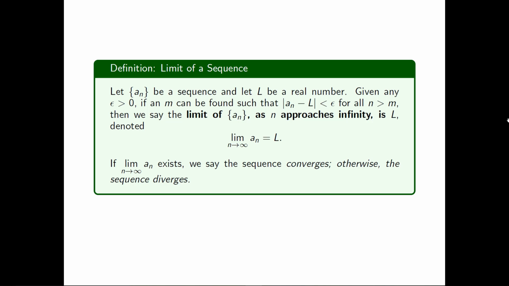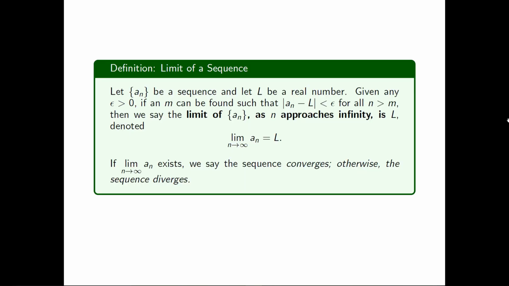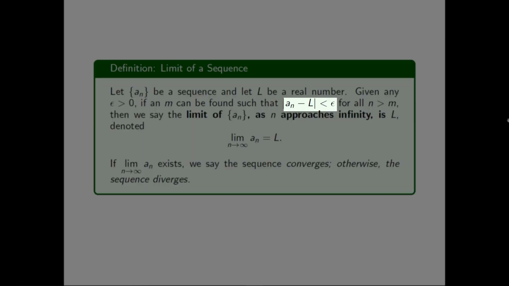Okay, so here's our very formal definition of the limit of a sequence, and this is something we're very interested in. In fact, throughout all of sequences and series, these limits are very important. So we let a_n be our sequence and L be some real number. We're going to take an epsilon, a positive epsilon. So actually really what this says is the gap between a_n and L will always be less than epsilon